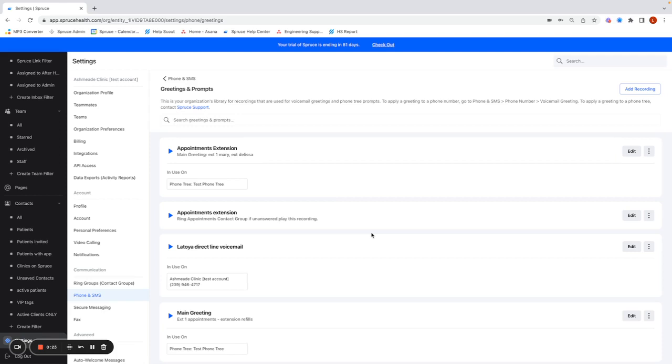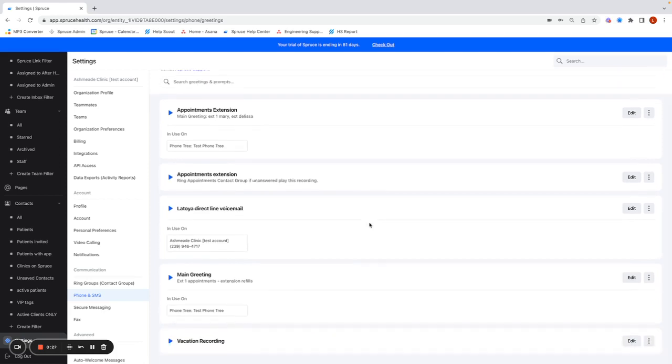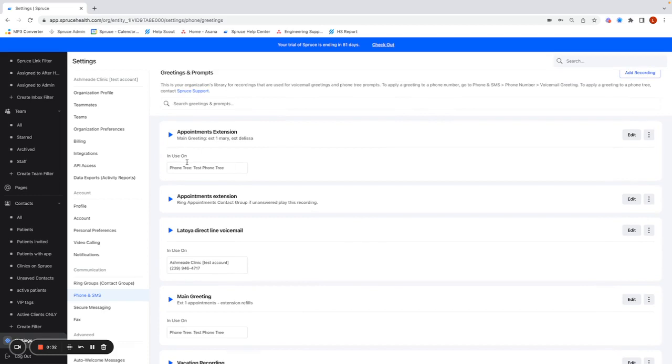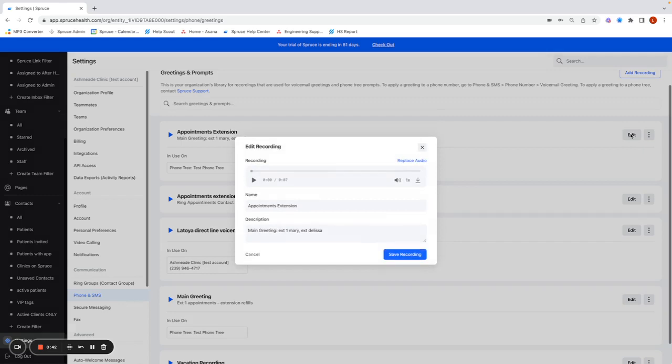your account. The first thing to take note of is whether or not the recordings that are listed here are in use on your phone tree. So as you would see, this box shows me that the appointments extension recording is tied to the phone tree titled Test Phone Tree. If this is the recording that you want to replace, just click on Edit and then